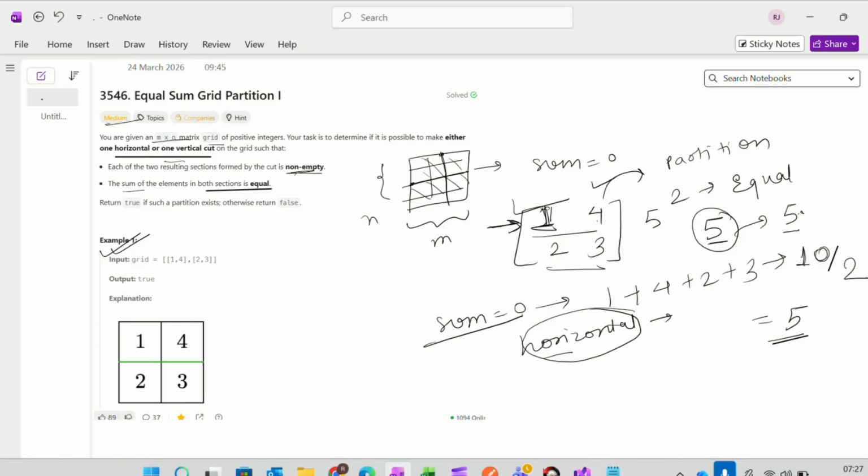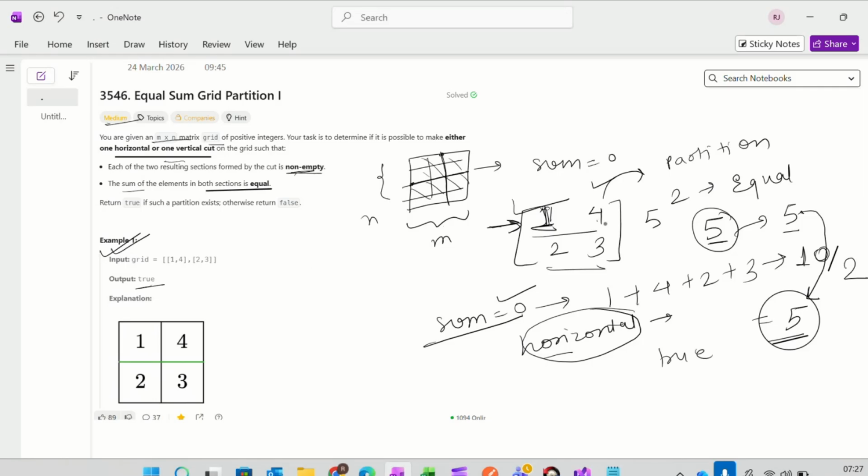We will validate this with the help of this sum. Our value of sum by 2 is 5. So if the value of the sum is equal to the total sum divided by 2, then we got the answer and we can simply return true. In our case, we got it here, so we can simply return true, and it is given in the problem also that it is true.